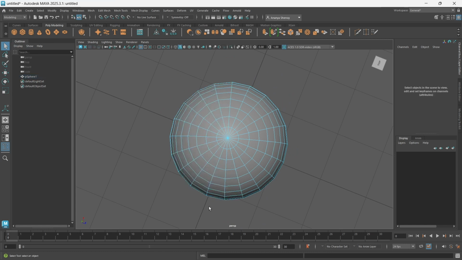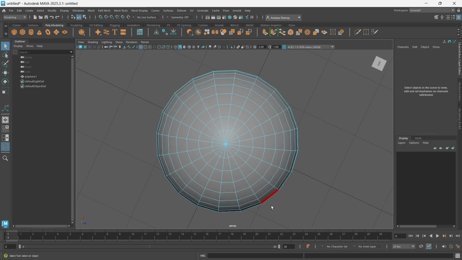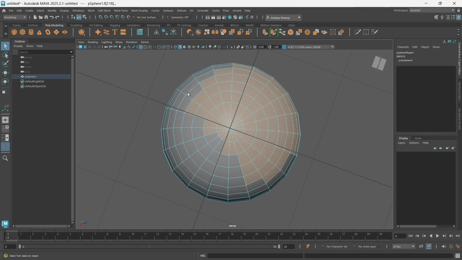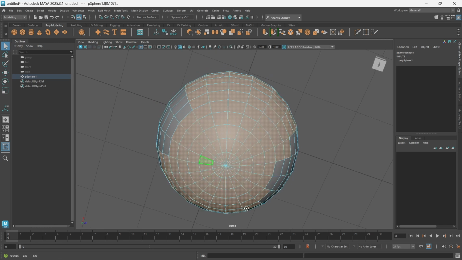But something in Maya that people tend to forget is that if you are on the top of this object and you want to just select the top faces, if you drag and select here, it also selects the faces on the bottom. So Maya will just do a flat selection of whatever is in the square, and it selects the faces on both sides.